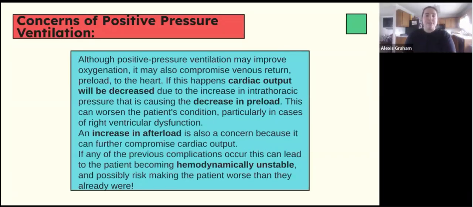The concerns with positive pressure ventilation: although it may improve oxygenation, it may also compromise venous return, the preload to the heart. If this happens, cardiac output will be decreased due to the increase in intrathoracic pressure that is causing the decrease in preload. This can worsen the patient's condition, particularly in cases of right ventricular dysfunction. An increase in afterload is also a concern because it can further compromise cardiac output. If any other previous complications occur, this can lead to the patient becoming hemodynamically unstable and possibly make them worse. So back to those